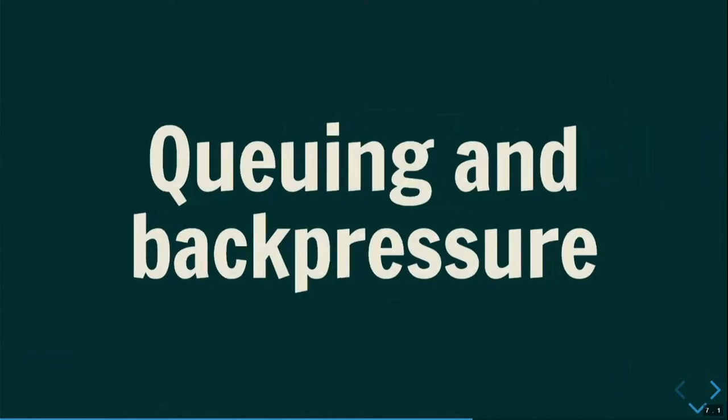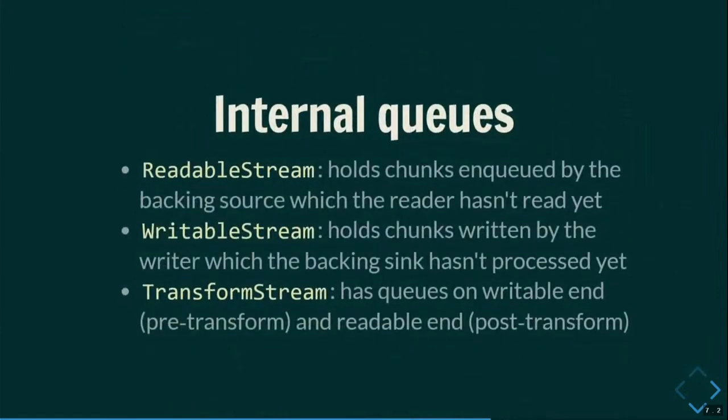Now, a bit of a more advanced topic. What streams are also doing in the background is queuing chunks that have not been read or written yet, and also managing backpressure for you, which is also really important to get really efficient streams. So every stream has an internal queue. For example, if you have a readable stream where the reader is not reading yet, you might have your source queuing chunks that are not being consumed immediately, so they go into the queue. And if a reader comes along later, they can get it immediately out of the queue and then catch up with the source again.